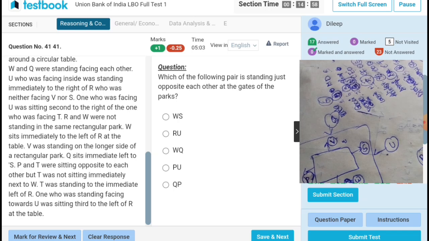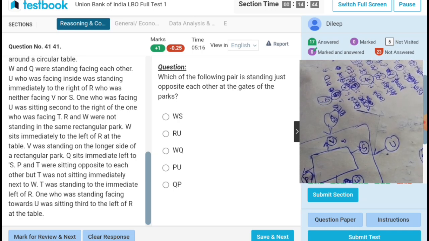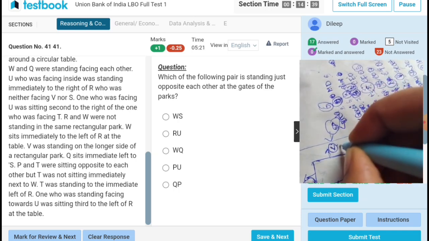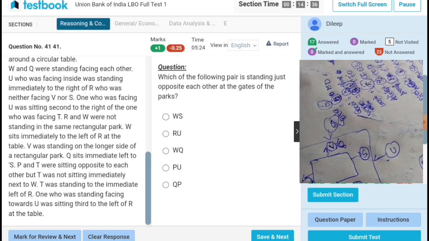Third to the left of R. So yes. Q sits immediate left to S. Q. And